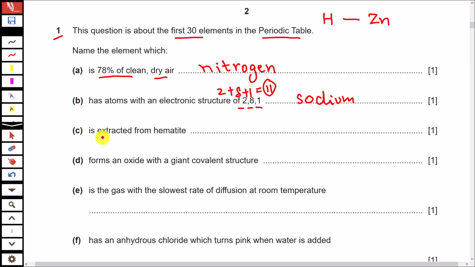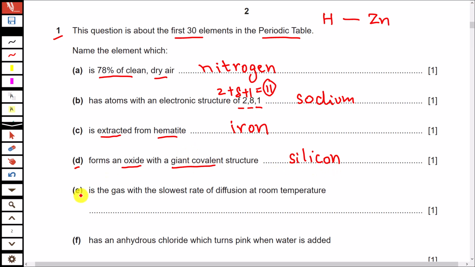And which element is extracted from hematite? That is, of course, iron. We have studied the process of extraction of iron in detail. And which element forms an oxide with giant covalent structure? Silicon(IV) oxide has giant covalent structure, so the name of the element would be silicon, because it forms the giant